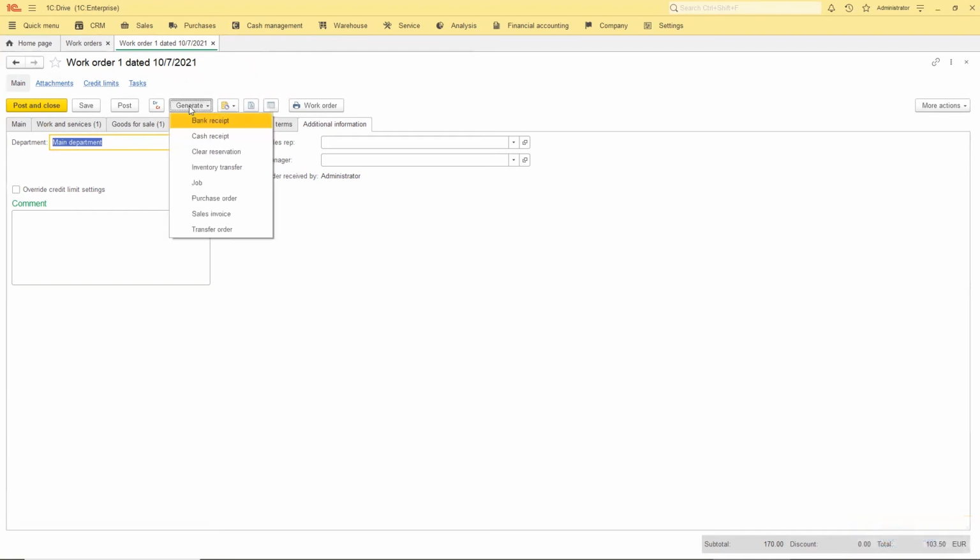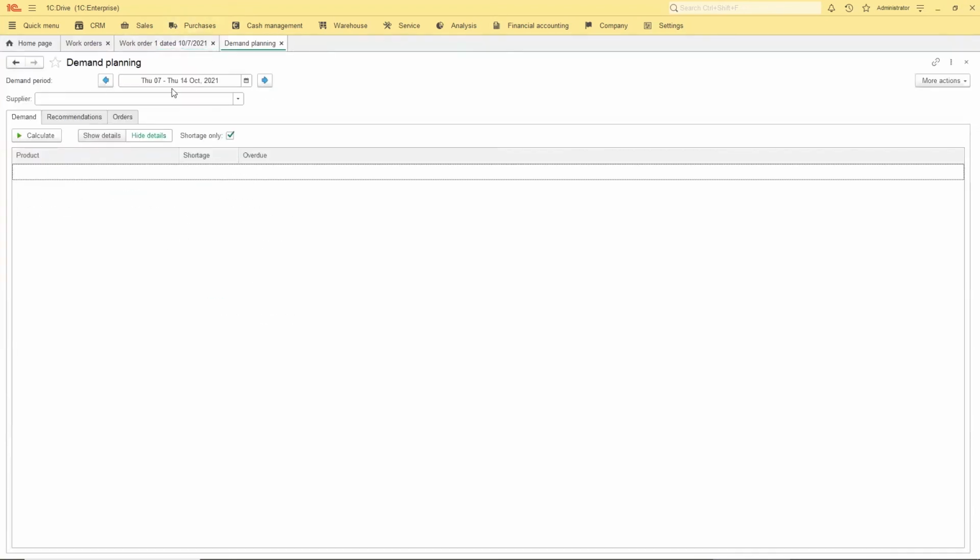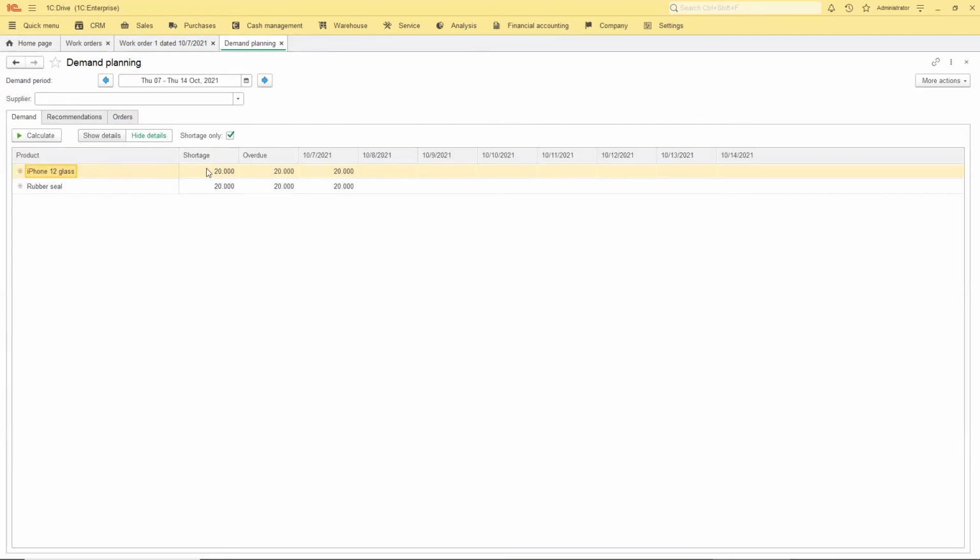What else? We can generate some documents from this work order, but I will buy some components first. I go to purchases, demand planning, and we can see that we have to buy some components.